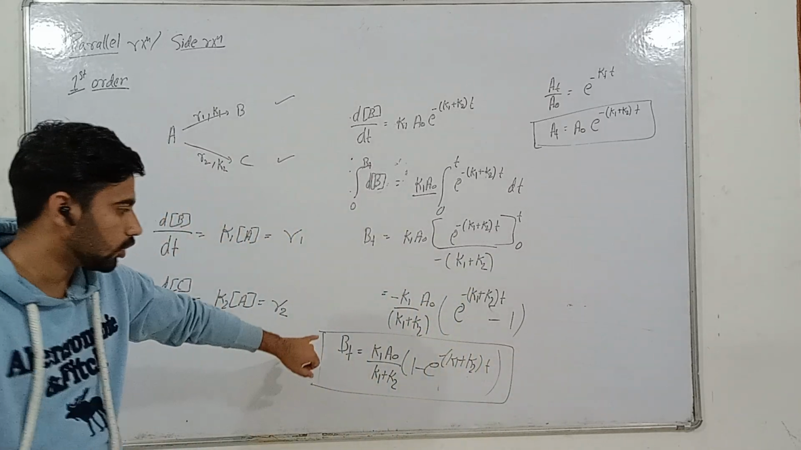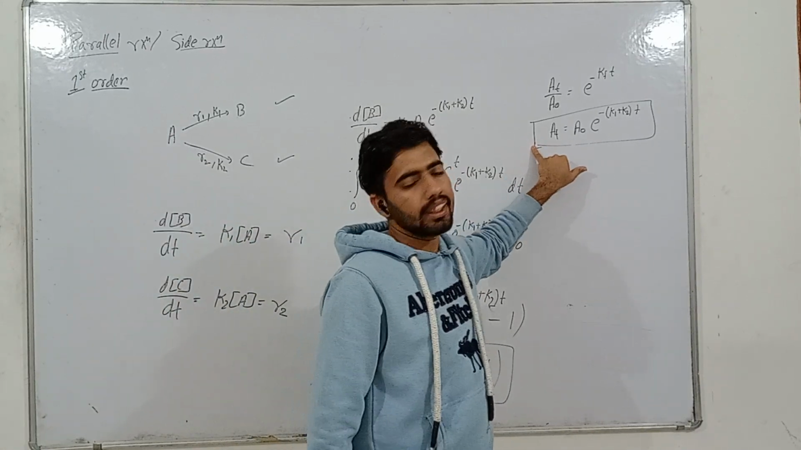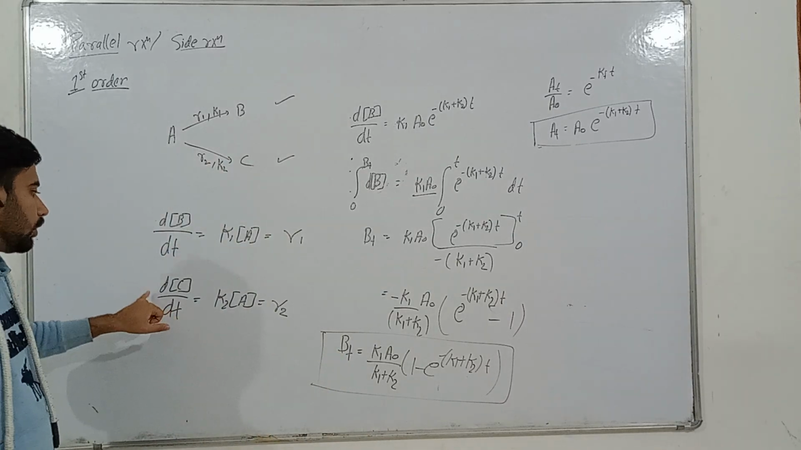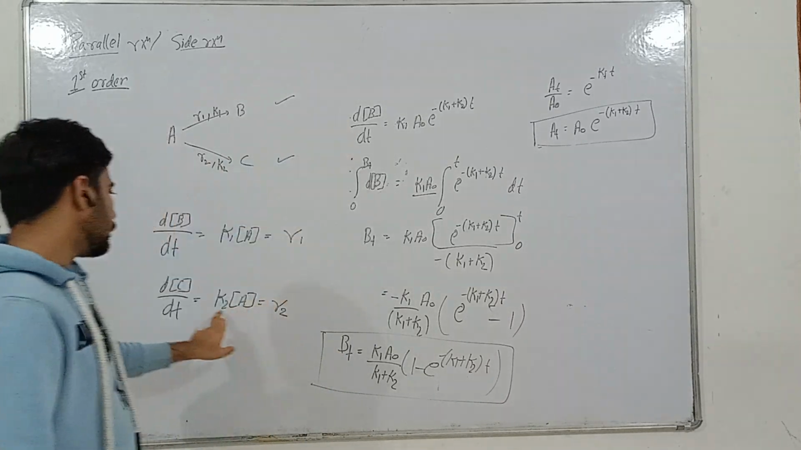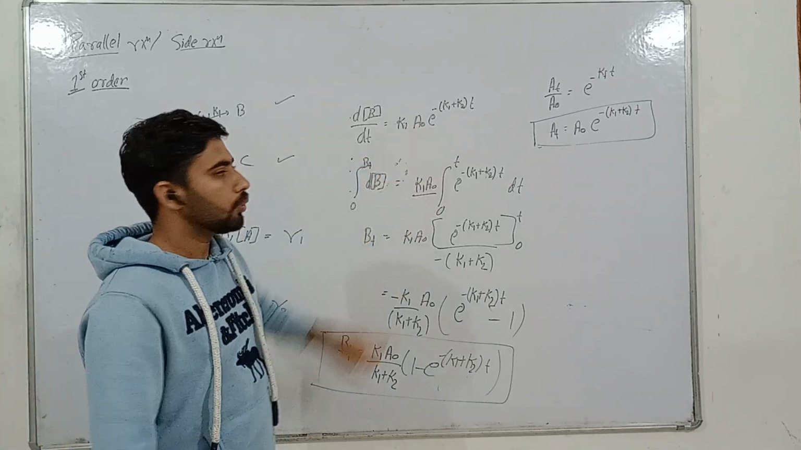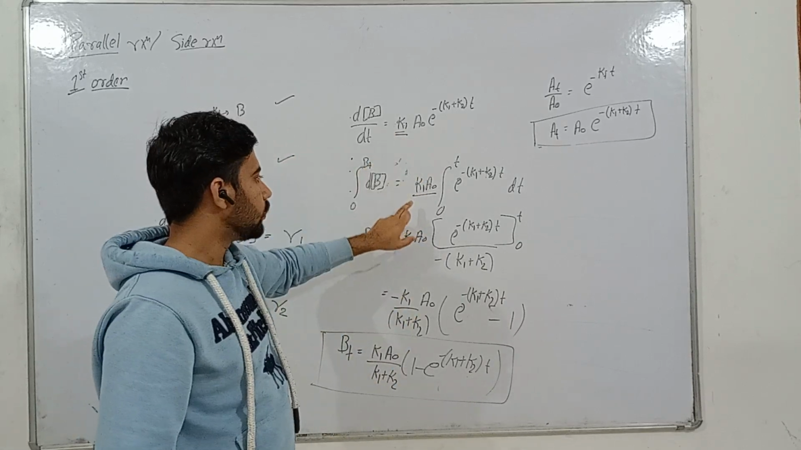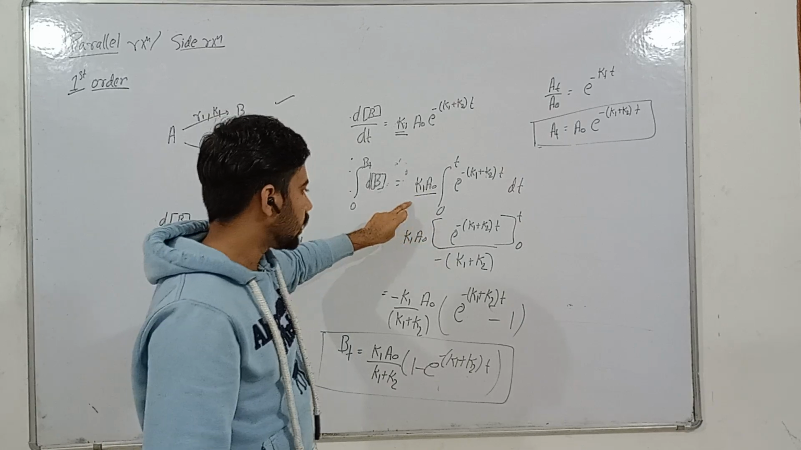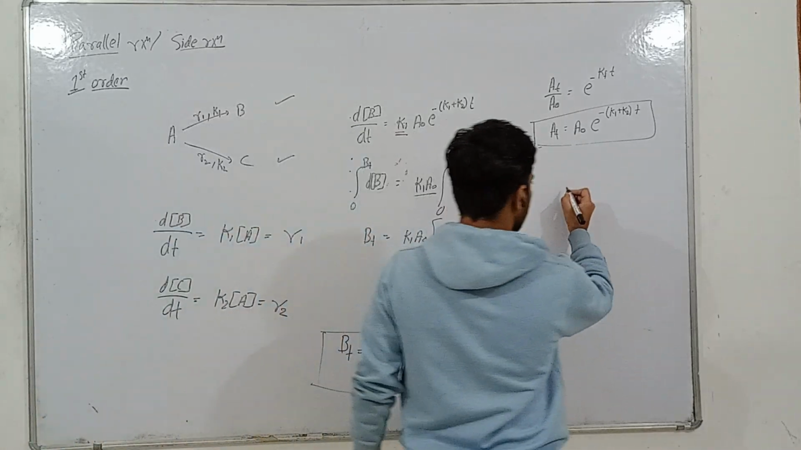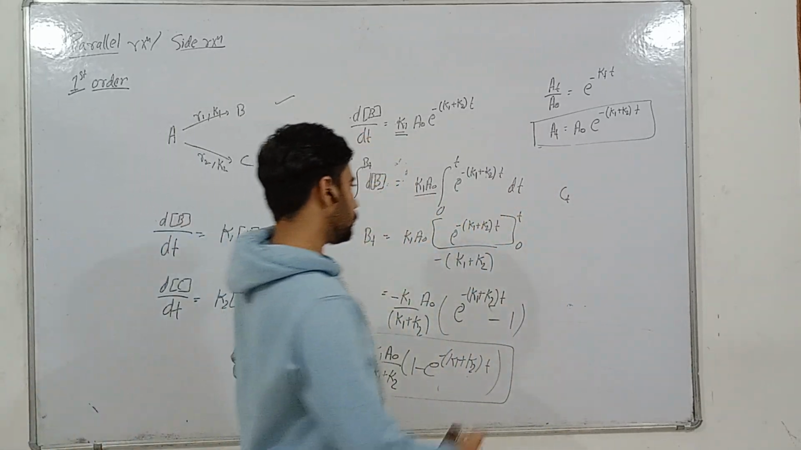That is the concentration of b at any time t. That is the concentration of a at any time t. Similarly, we calculate the concentration of c. We put the value of dc/dt as k1 and k2 into a, and replacing k1 with k2. So for the concentration of c at any time t, similarly we integrate that, and we will find that